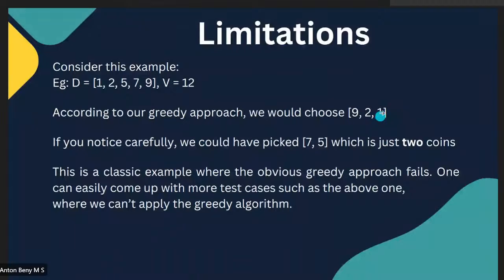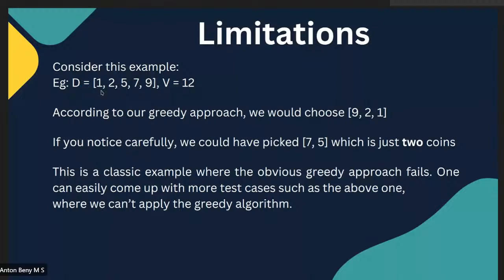However, if you notice carefully, we could have picked 7 and 5. That is just two coins. So obviously, this is a classic example where the greedy approach fails. You can't just blindly assume that it would work. And so this is the importance of coming up with more test cases. So similarly, even